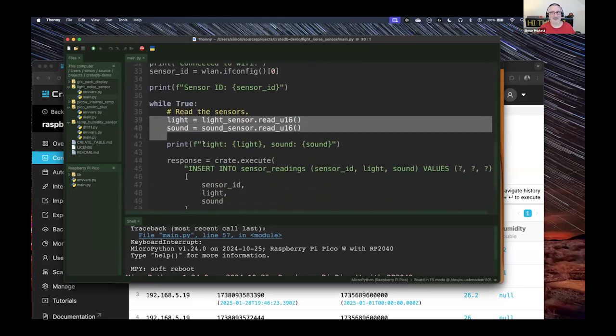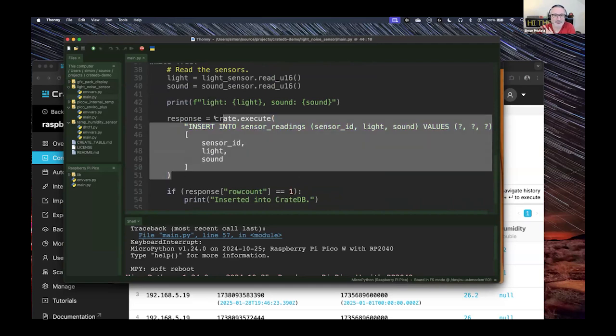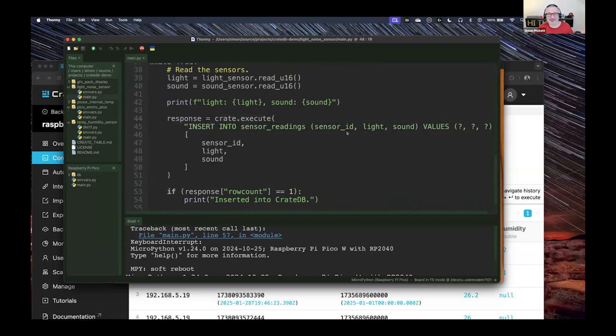So the way that works is it's an analog digital converter. So we're just going to read an unsigned 16 number from each of those. And here, instead of doing an HTTP post, we've now got a method in our driver called execute. And we're going to say, okay, let's insert into the sensor readings table a sensor ID, a light, and a sound, and pass those